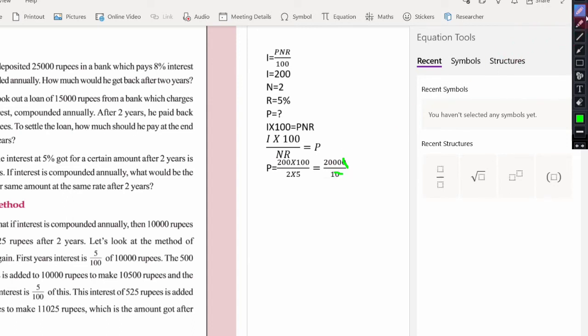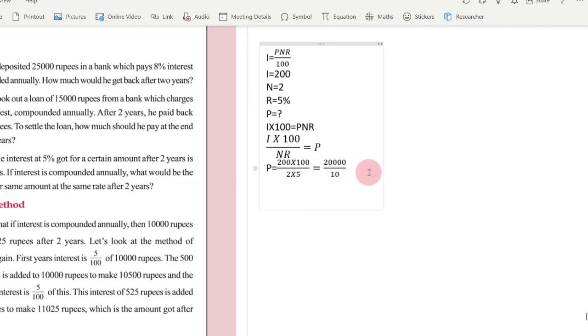So here the amount deposited in the bank is P is equal to 2,000 rupees. Now we need to find out the compound interest, where the interest is compounded annually, for the same amount, same rate of interest, and same 2 years. If the bank calculated compound interest, how much money would he get back after 2 years at a rate of 5%? That is our question. So let us find that out.